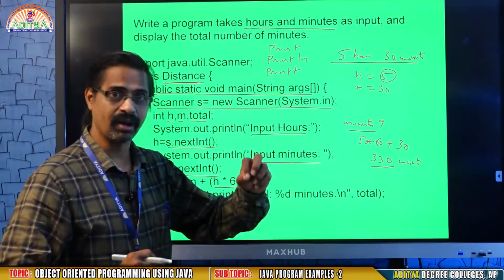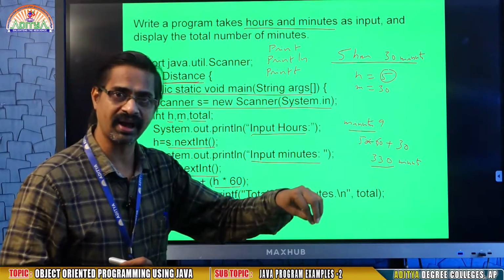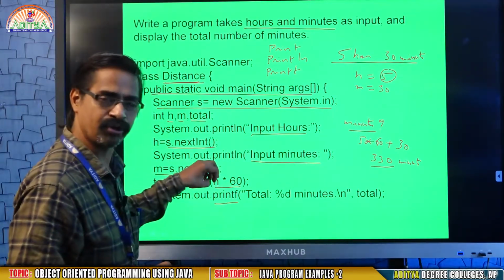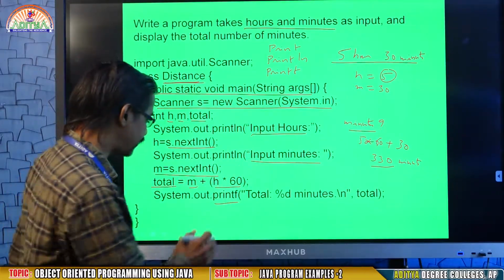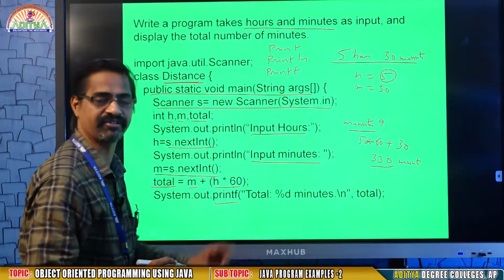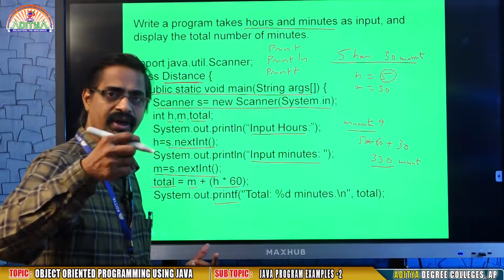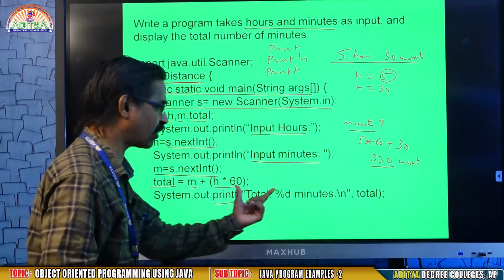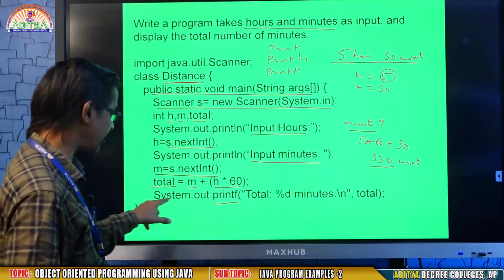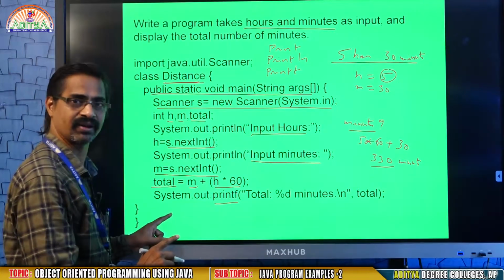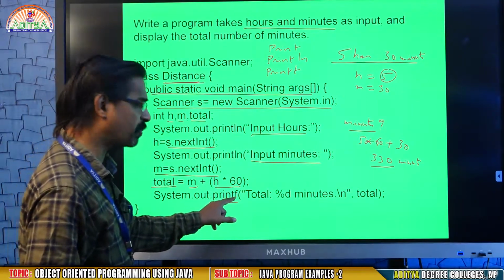By observing the usage of printf, in JDK 5.0 they added this new method, that is printf. It is just like how you used printf in C language, in the same manner you have to use. But printf is a method belonging to the System class. Don't forget.